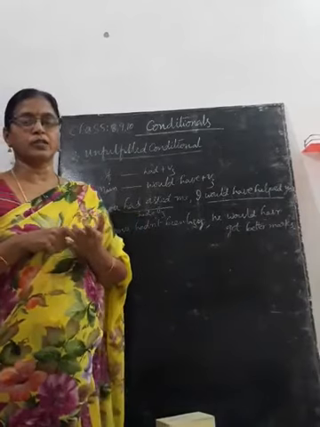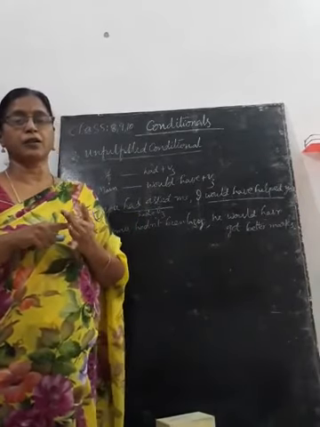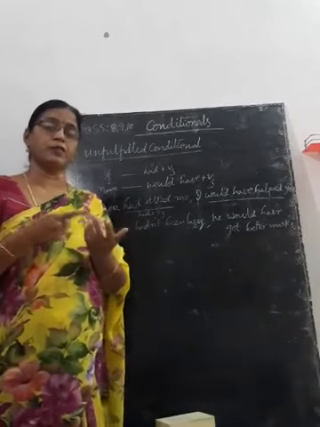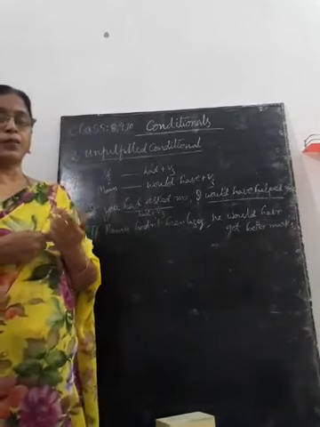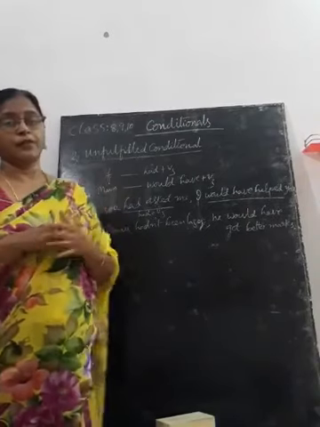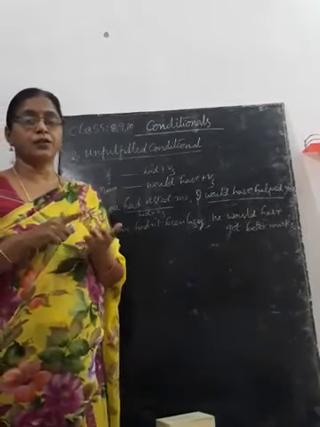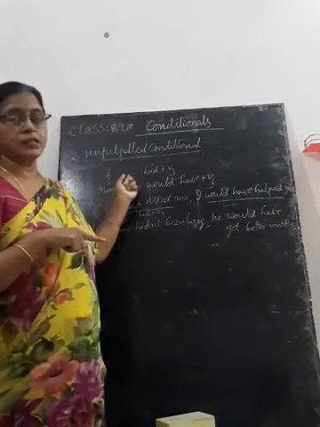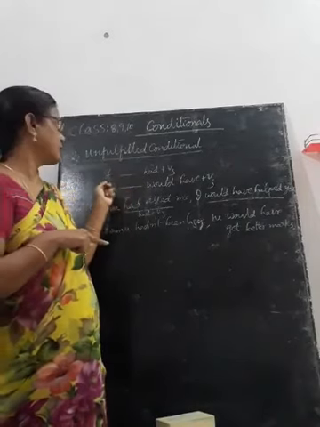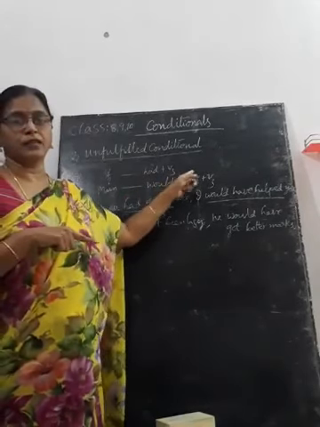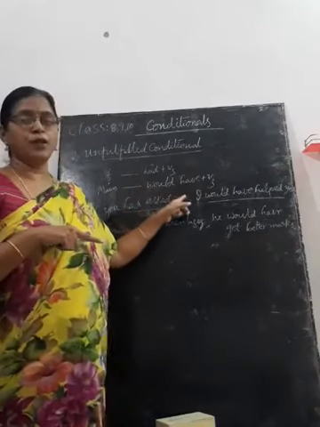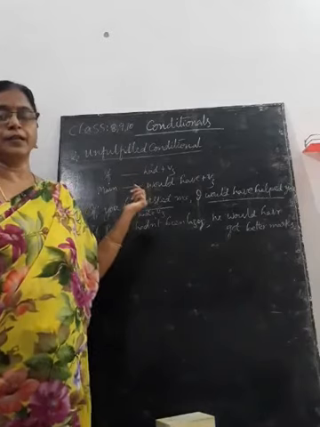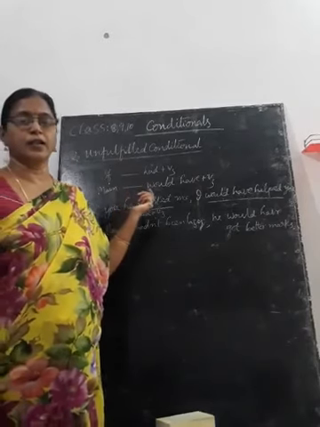You should remember the structures. First, the probable conditional sentence: the if part contains V1 and the main part contains will plus V1, or shall plus V1, can plus V1, may plus V1. That depends upon the context, students. Second kind of conditional sentences: the if part contains V2 and the main part contains would plus V1. And the third kind of conditional sentence, the unfulfilled conditional sentence: in the if part we have past perfect, that is had plus V3, and the main part has would have plus V3. By remembering this structure, you can frame any sentence very easily, and you can answer in the examination also.